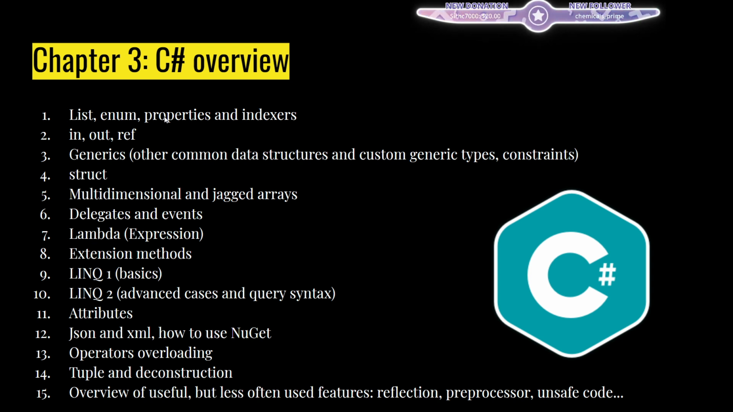And in the next lesson we'll talk about out, ref, and in keywords. Then we'll talk about generics, about struct, about multidimensional and jagged arrays, delegates, lambda expressions, extension methods. We'll talk about LINQ, how to write basic LINQ filtering and more, how to use query syntax of LINQ,